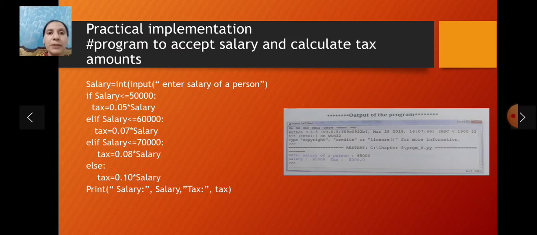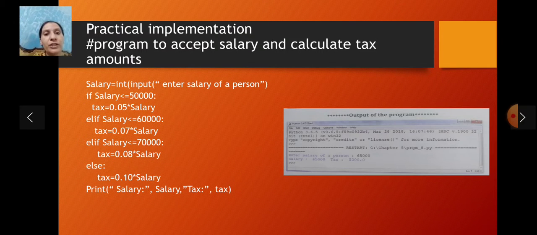Now the practical implementation of the if elif else statement. We write a program to accept a salary and calculate the tax amount. First of all, we take a variable salary and get input from the user using the input function. Now we give a condition: if salary is less than or equal to 50,000, then tax equals 0.05 into salary.